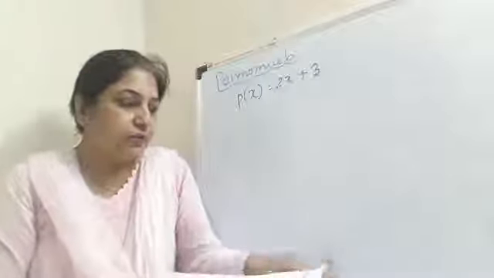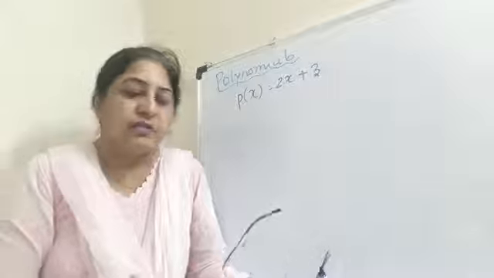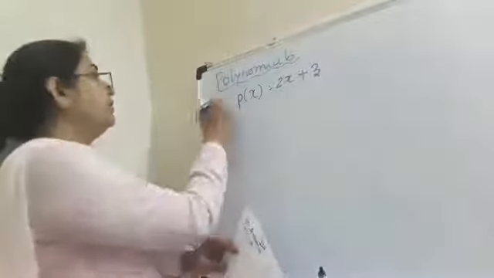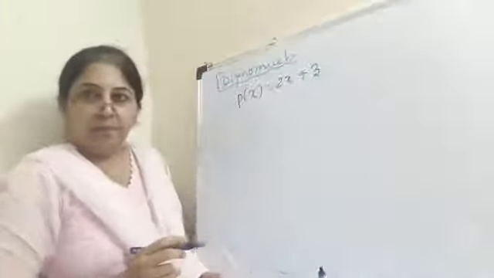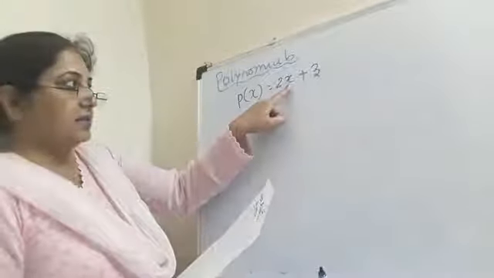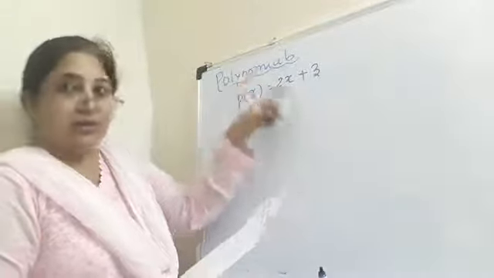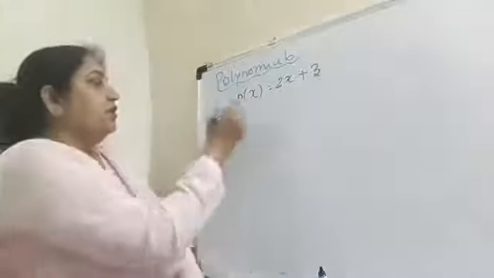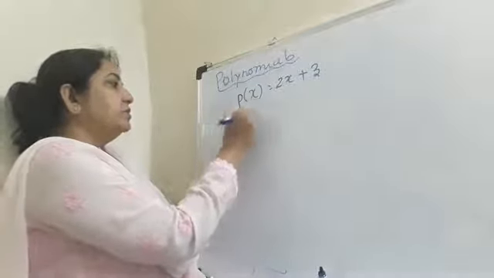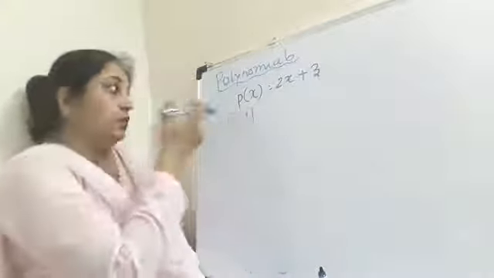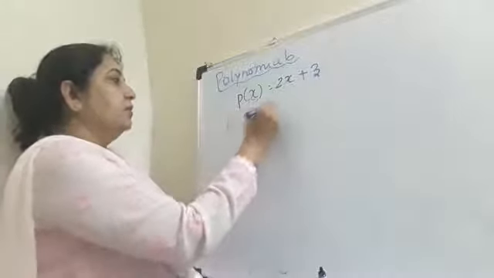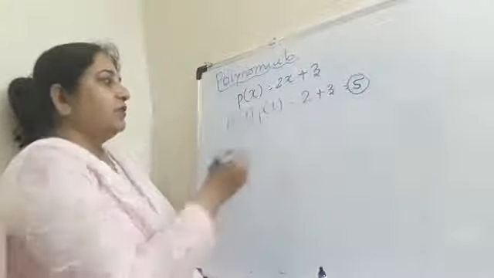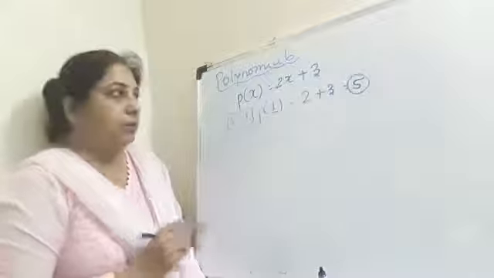I will read the question for you. The first one says, find the zero of the given polynomial, right? The expression given to you in the first one is p(x) equal to 2x plus 3. You have to find that value of x which we substitute here so that we get 0. That number will be called the zero of the polynomial. So suppose I take x equal to 1. If I substitute, p(1) is 2 into 1, which will give you 2, and 2 plus 3 will give you 5. So definitely 1 is not the zero of the given polynomial.